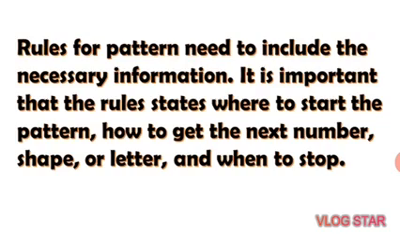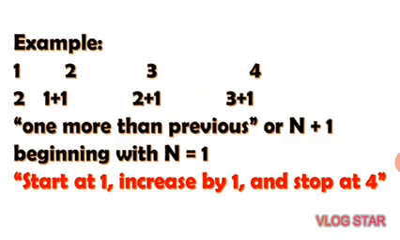First is states where to start. Then next is how to get the next pattern or number. And the last one is when to stop. So this one is an example of a finite pattern because it has an end, which is 4. So you can observe that we start with